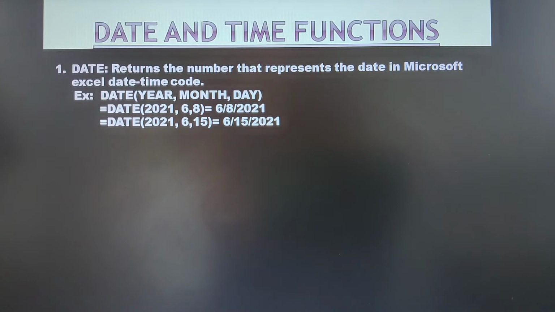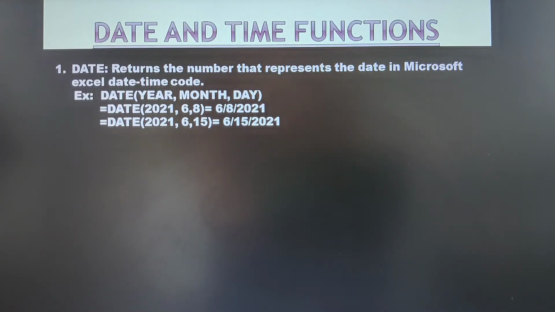Similarly, for example, January 1 2008, for this particular date it will store the serial number as 39448. Why is it 39448? Because it is 39,447 days after January 1 1900. So every date in an Excel sheet will be given a unique serial number. By default, from January 1 1900 it is storing the serial number as 1.